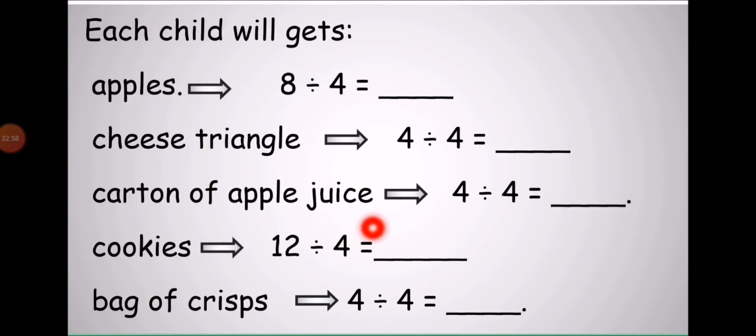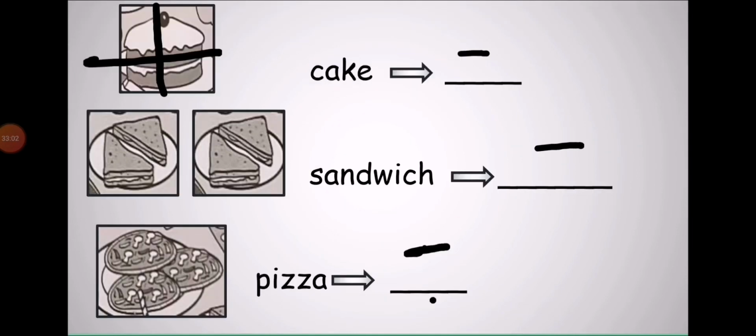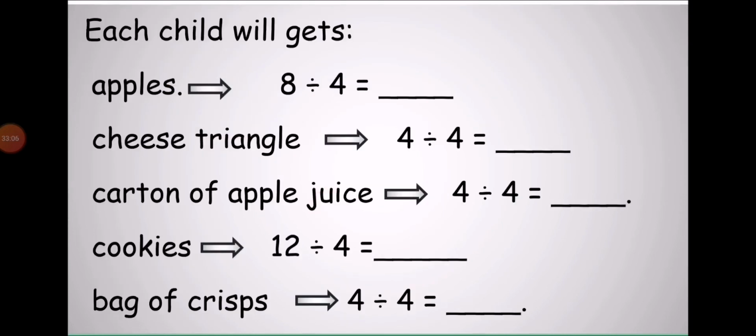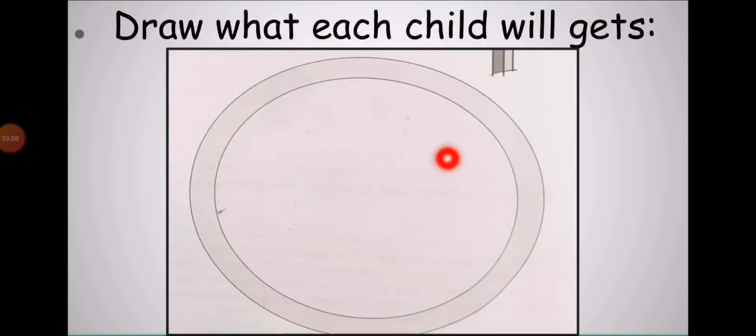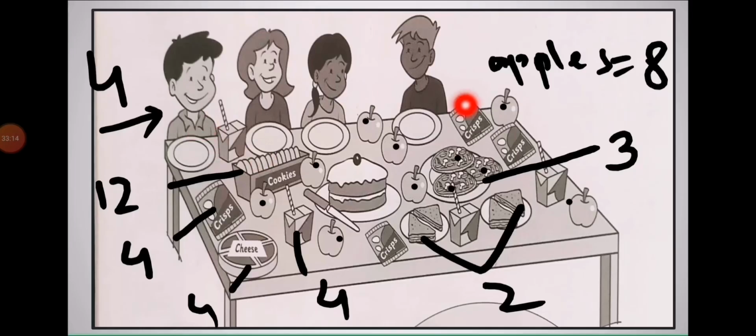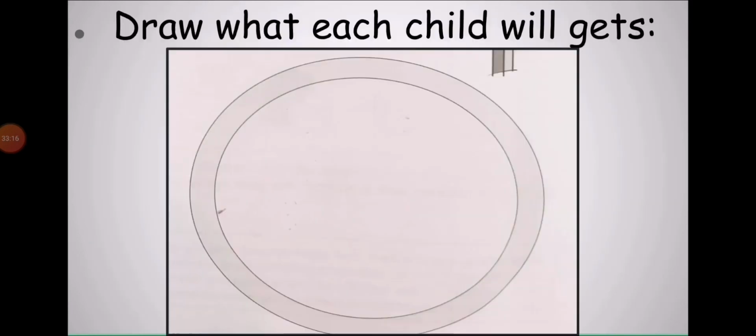And here you write the division number sentences and write simple division answers. Here are the fractions, here are the division number sentences. And draw the objects here. You will draw only 1 plate of any one child. How much does one child get? You will draw the picture of the things over here. This also contains some marks.